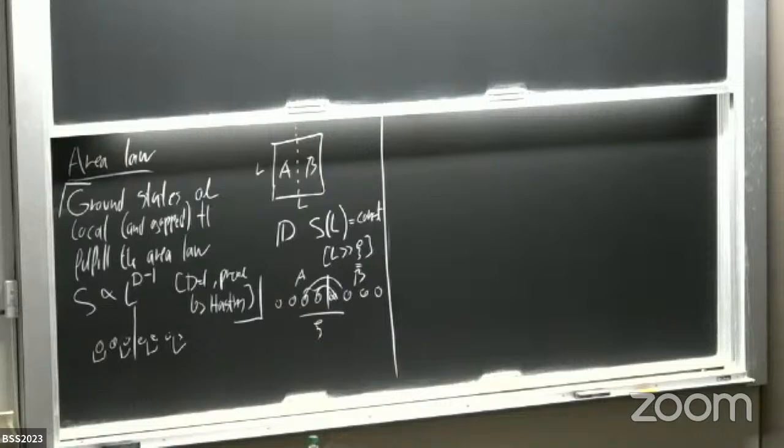That's right. So the Schmidt state far away, and this is actually quite interesting. If you now take a ground state of a local Hamiltonian and look at the Schmidt states, say I have my state and I did a cut here, then I would find that the Schmidt state has some fluctuations here, but far away from the cut, the Schmidt state will be identical to the ground state. So the Schmidt states will only be different from the ground state in a region given by the correlation length of the system. But the Schmidt state is independent of how you, oh no, it does depend on that. It does depend on the cut, yeah.